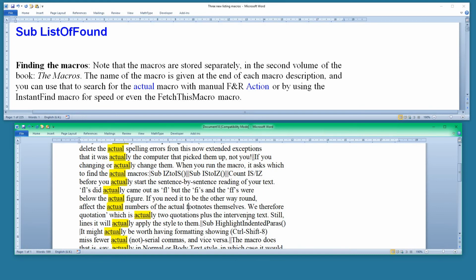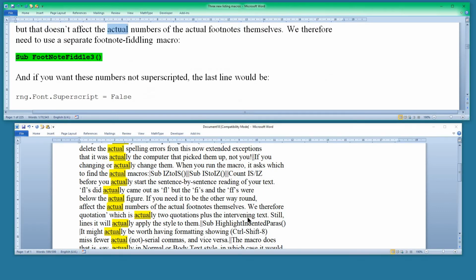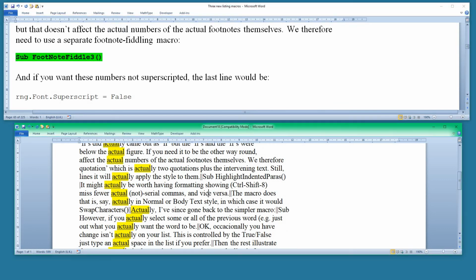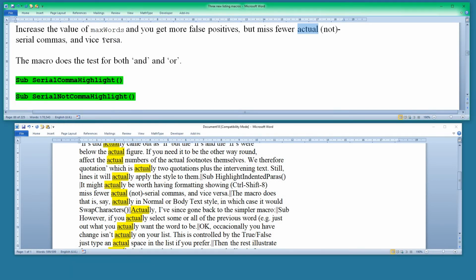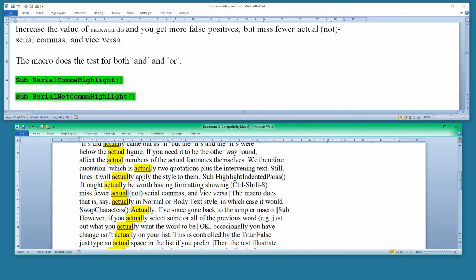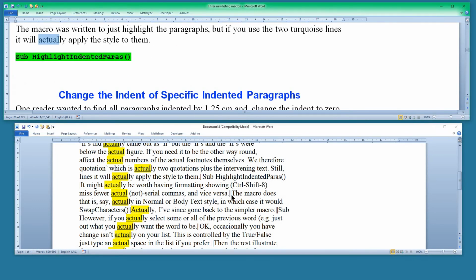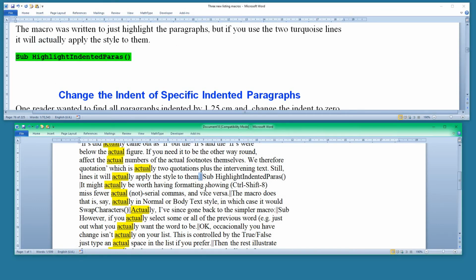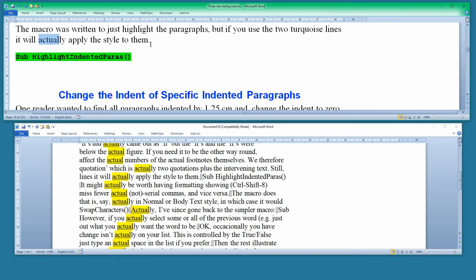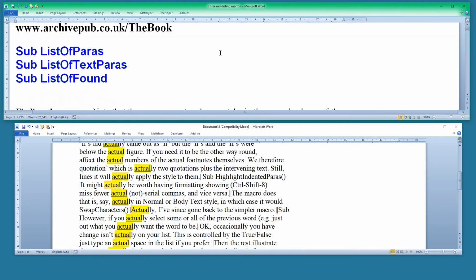So if I click on any one of those and run the macro again, it jumps me back into the text where that word actually occurs. So this one here where it says about vice versa, I can go back to that one and there's the vice versa. And if I do, let's say, that one, then you can see what you've got there is these two vertical bar characters, and those relate to the carriage returns that you've got in the text there. So go back up to the top, get rid of the